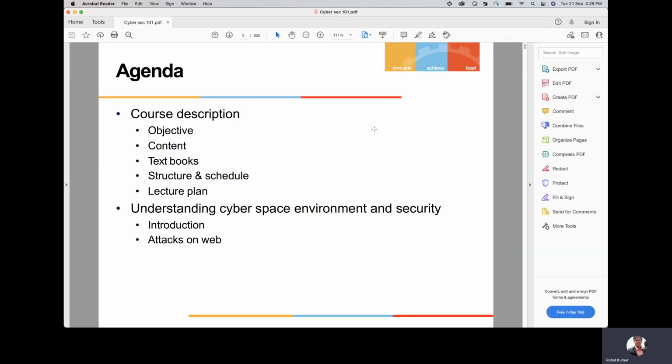This is a slide deck of around 800 pages, and I think this will cover most of the topics you'll need to learn in order to get a good understanding of cybersecurity and get a job wherever you need to be. The 835 pages which are there have all 10 domains which we need to learn in order to get a job and understand the basic and working principles of cybersecurity.